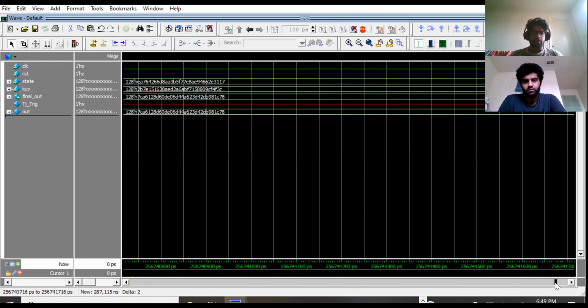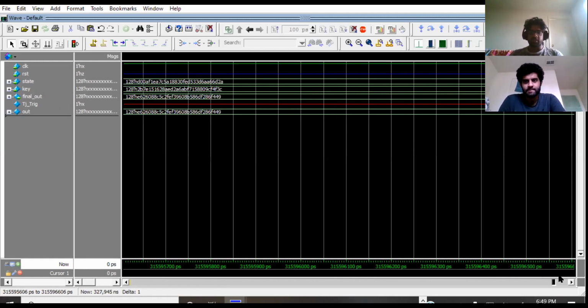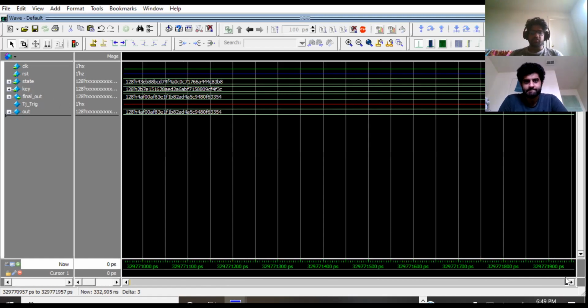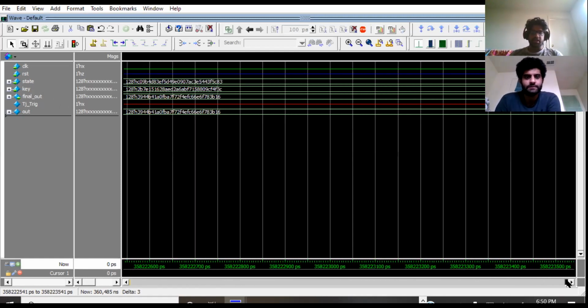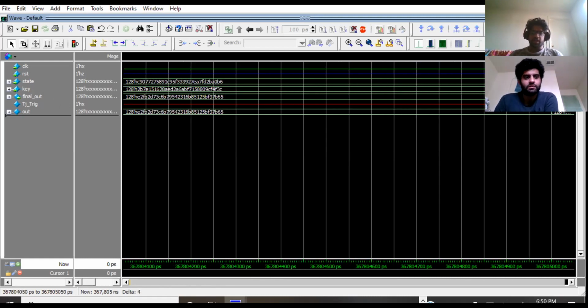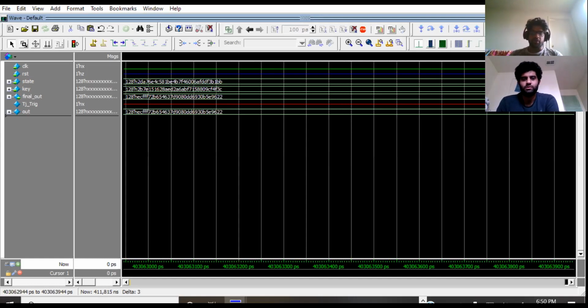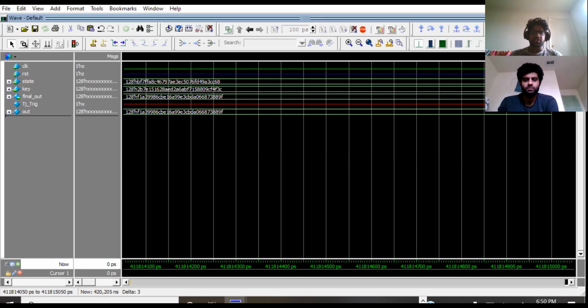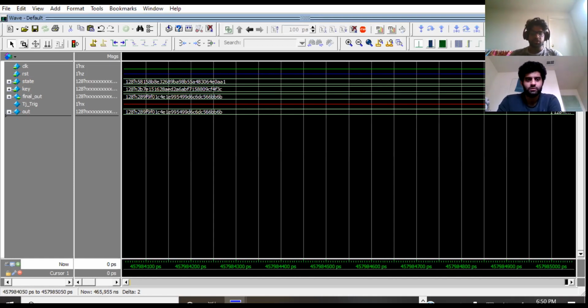is a hard to detect Trojan, because even for a large number of cycles and a large amount of simulation, the Trojan is dormant. I'll keep running it for some time, but you don't see it getting activated. This is a good scenario for an attacker, because someone trying to detect a Trojan will never be able to detect it from just an exhaustive test bench. They have to use specialized techniques to actually find this Trojan.